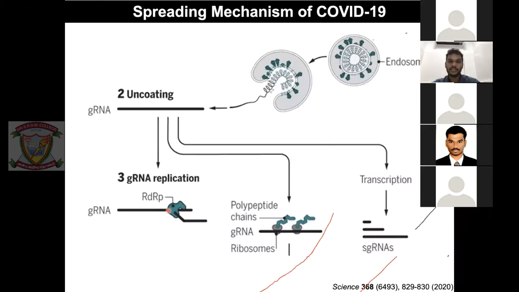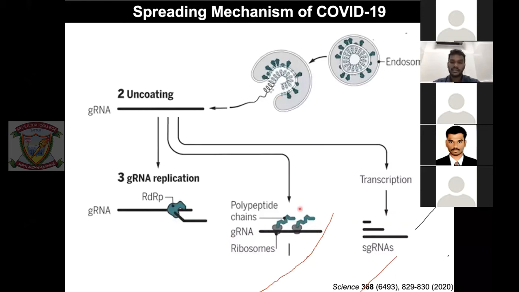Okay, fine. So now there is a question, right? Earlier I said this just comes with only gRNA. It does not come with RNA polymerase. So now where do they get this RNA polymerase? What happens is that this genomic RNA also has a sequence region for this RNA-dependent RNA polymerase synthesis. Your human cell synthesizes this protein, and then once this protein is synthesized, it acts on this and makes more and more copies of genomic RNA. So this RNA-dependent RNA polymerase is also made inside the human cell from the viral genome, to be precise.